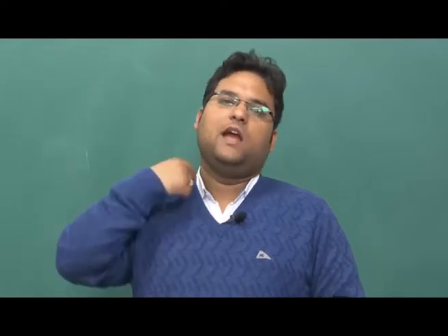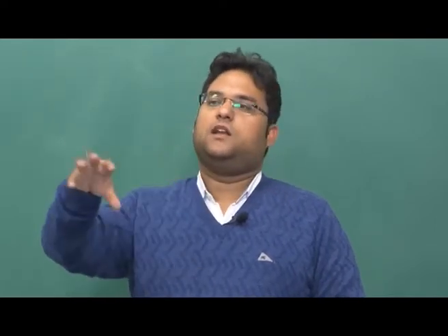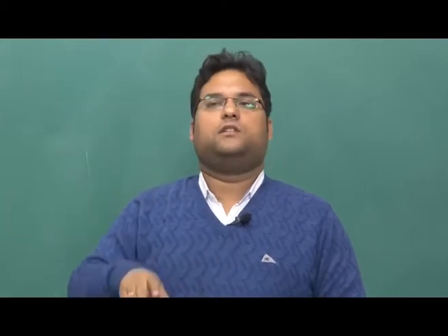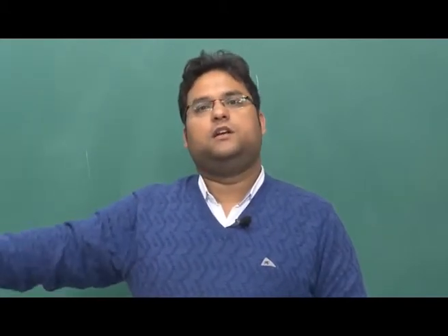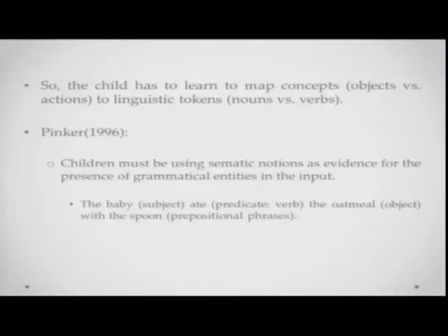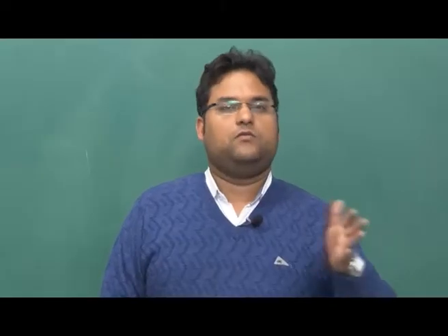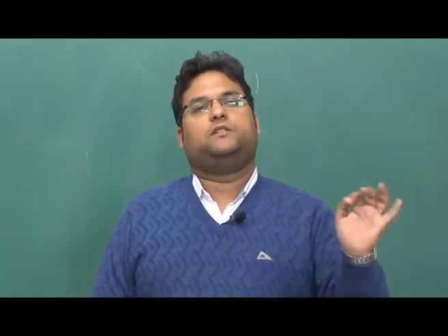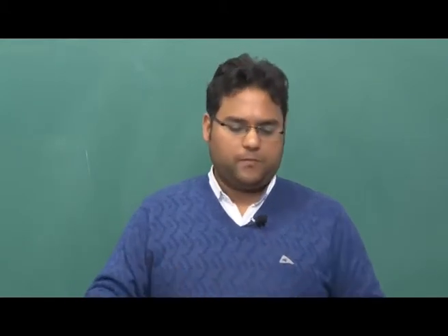They have this semantic thing, and they gradually kind of understand that this is an actor, this is generally in the front of the sentence, this is a patient, this is generally in the end of the sentence. This is what is happening from the actor to the patient, this is the event, this is coming in the middle. So, gradually the child is kind of getting to this knowledge. So, the child has to basically map the concepts of the person who is doing something, the person who is receiving that thing, and the action to linguistic tokens. The one who does is an actor, the one who receives is a patient, and whatever happens is the verb. So, nouns and verbs, and this mapping has to happen.